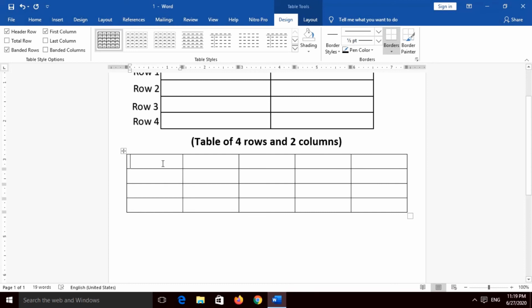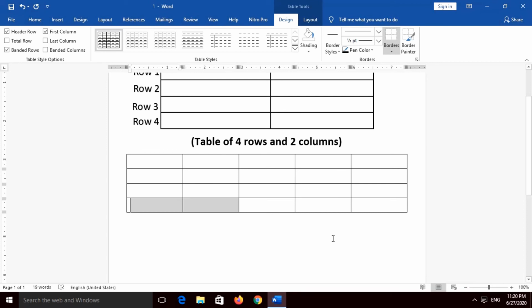Now here, as you can see, this is the first column, second column, third column, fourth column, and this is the fifth column. And same way, this is the first row, this is the second row, this is the third row, and this one is the fourth row.